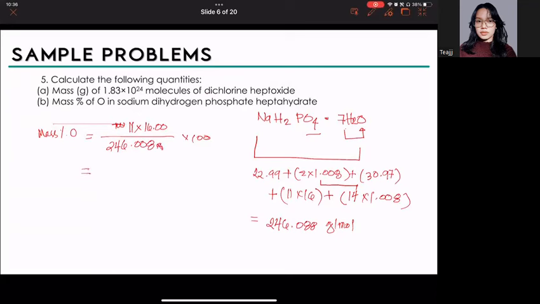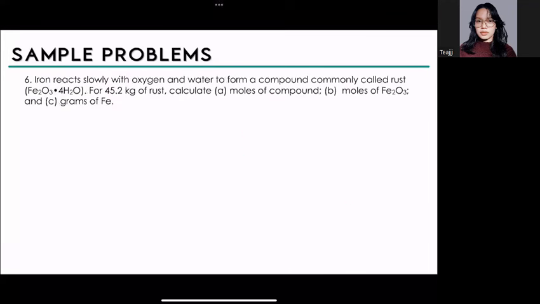So 11 times 16 all over 246.008, you will have times 100, you'll have 55.67%. So in each 100 grams, 55.67 yung oxygen, 55.67 grams. Okay? So number 6. In number 6, we are given a situation where iron, that's Fe, slowly reacts with oxygen